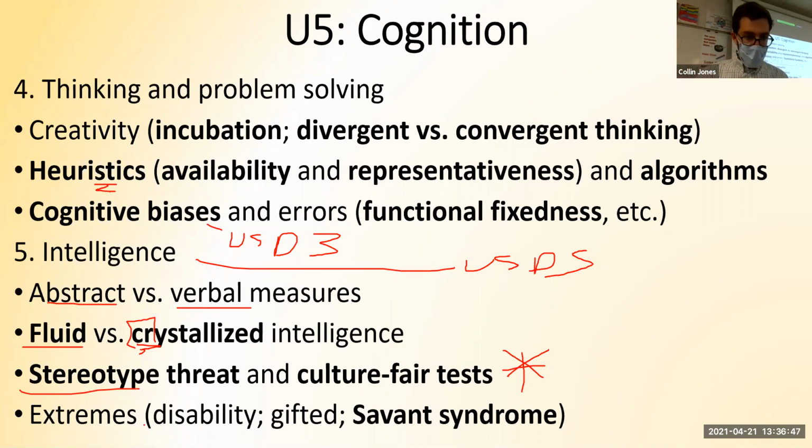This matters when we're measuring intelligence for purposes like intellectual disability, IQ of below 70, and they cannot live on their own. We talked about being gifted, which is 1 or 2 standard deviations above the mean. Do you remember what a savant is? I had to watch some videos of some savants. They're really good at one thing, but they probably have an intellectual disability. So I showed you some savants who could do math or calculations or had weird memories.